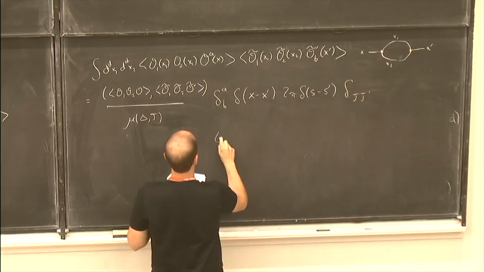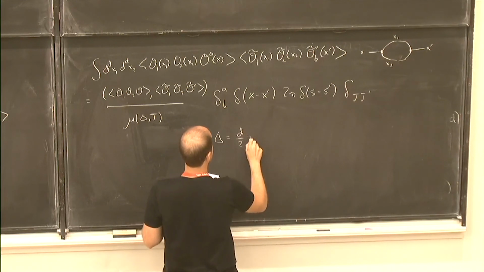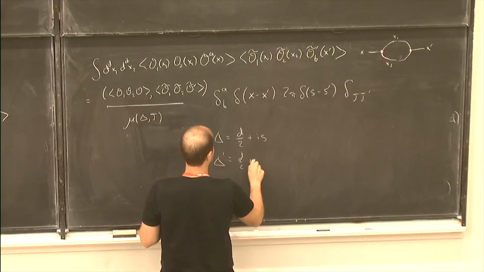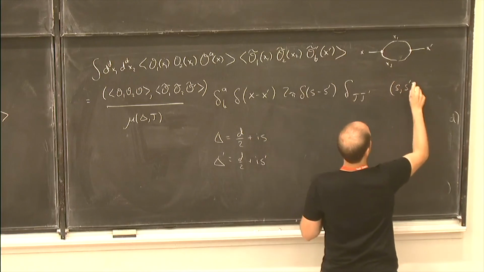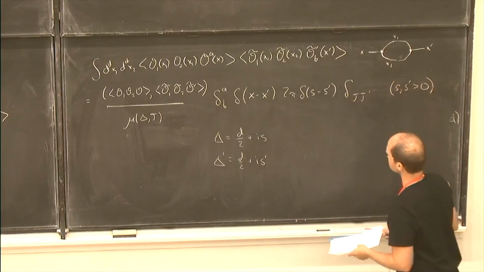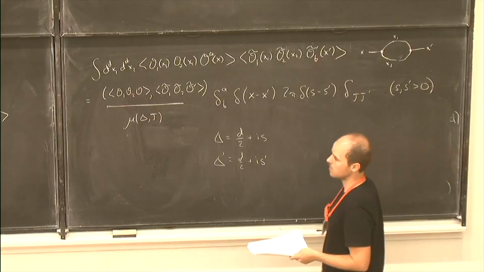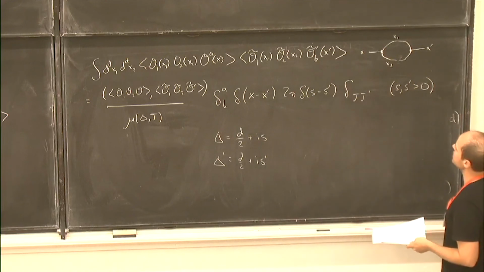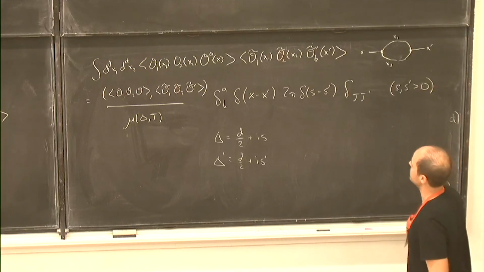Okay, so here delta for O is d over 2 plus is. Delta prime is d over 2 plus is prime. And in writing this formula, I'm going to restrict to s and s prime bigger than 0. Is there a very simple way to understand why the Plancherel measure comes out of this calculation? Yeah, there is. There's a sort of goofy way to derive this formula that I think is also correct,